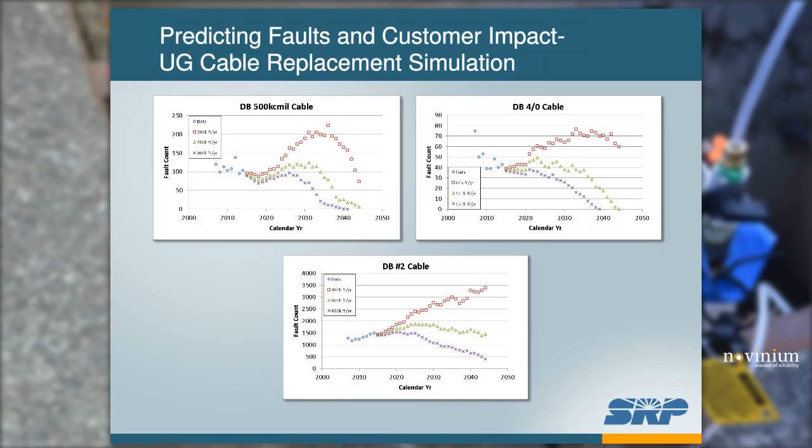The 2 points that it doesn't is you'll see in about 2011 on our 500, we had about 145 faults. And on our 4/0 cable in 2007, we had about 75 faults on that one. And when we had those points, we always go back and reevaluate the model. And we reevaluate our data to make sure that we didn't mess up somewhere along the way, that the model's still continuing to describe the behavior.